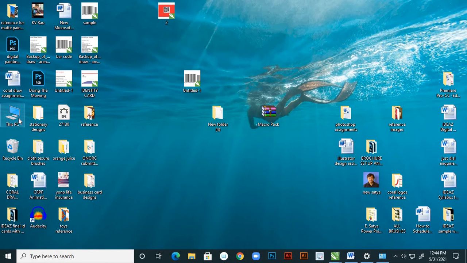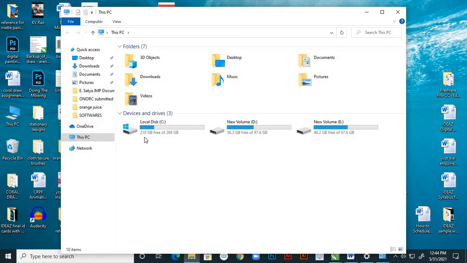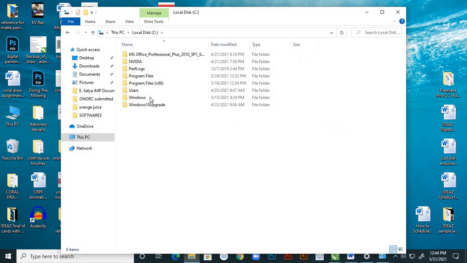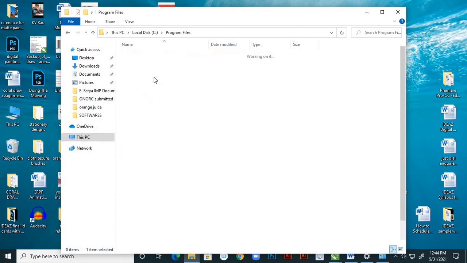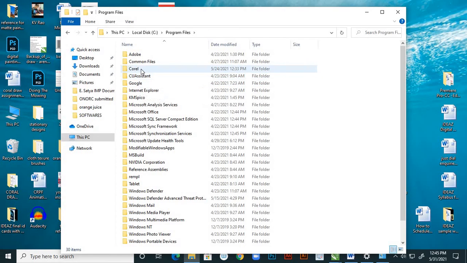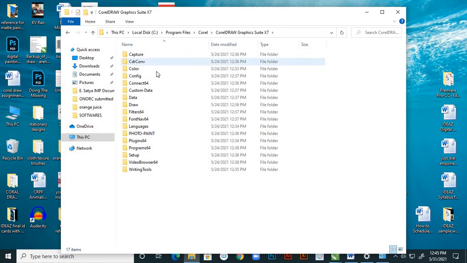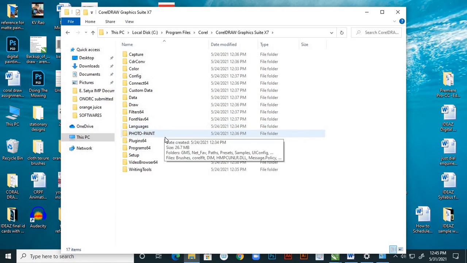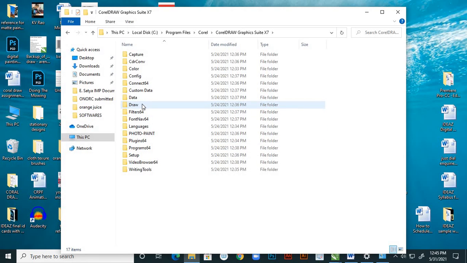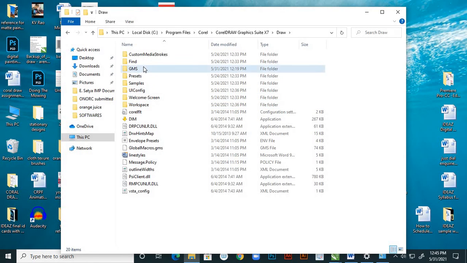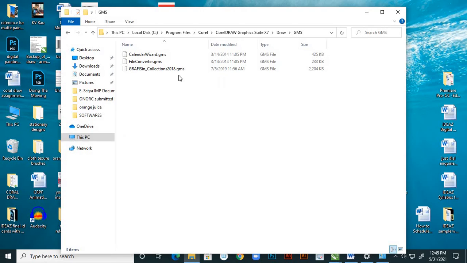Then from C, double click here, from Program Files, CorelDRAW, and CorelDRAW X7, and find here Draw, from Draw again GMS, here you have to paste.